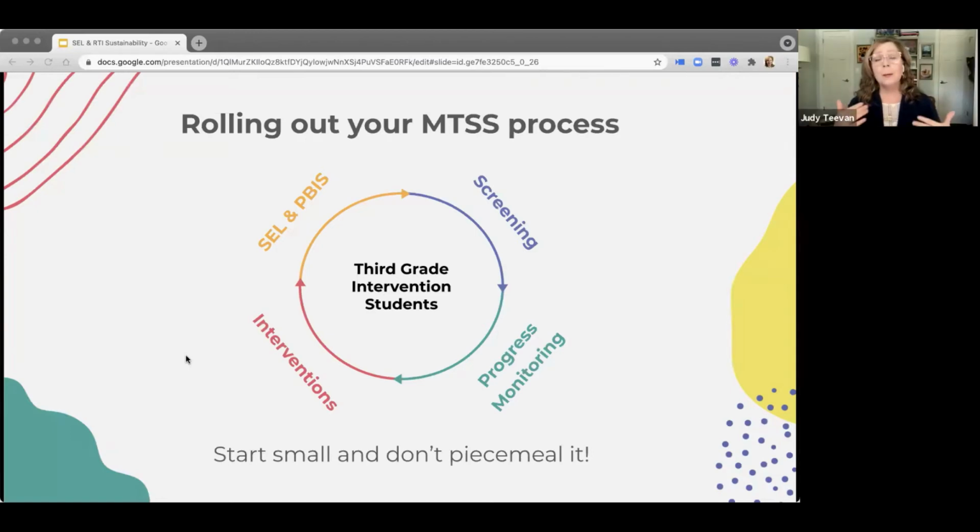That's right. And we don't recommend rolling these out one at a time. Like we've mentioned before, you get a much more realistic picture of your MTSS framework when the smaller team is implementing all aspects of RTI, as opposed to screening one year, then layering progress monitoring on top the next. You want to see the whole framework in action to confirm that it really will be meaningful and sustainable. So with this team, you figure out what's working and what needs to be modified before doing a district-wide rollout, especially when SEL is embedded.